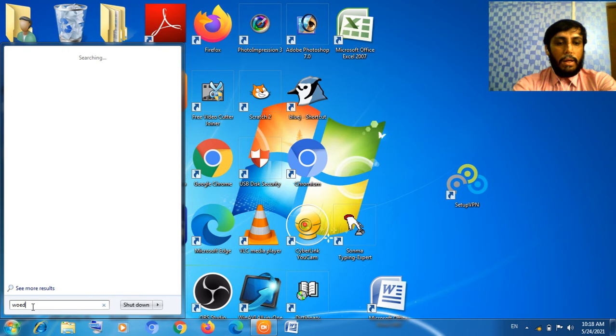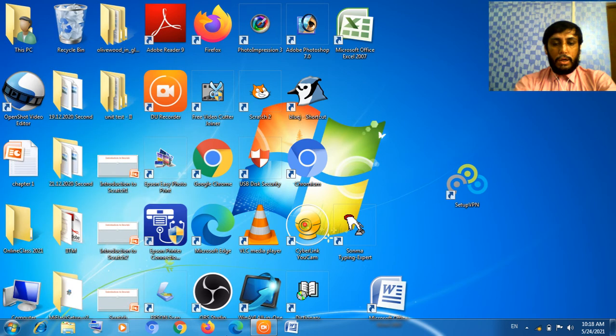The taskbar also enables us to keep track of the programs. Here on the taskbar, you can track the programs that are running. It also enables us to quickly switch from one program to another. If you want to go from MS Word to Google Chrome, you can switch very easily. See here, I am doing it with the help of my mouse. See, I am switching very easily. So the taskbar gives you a facility where you can work faster.